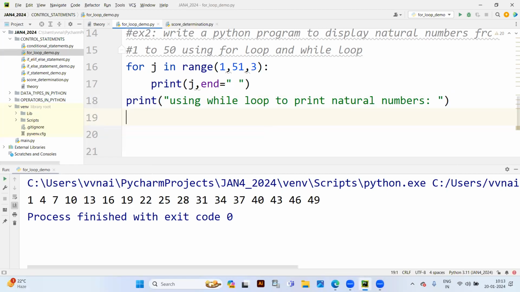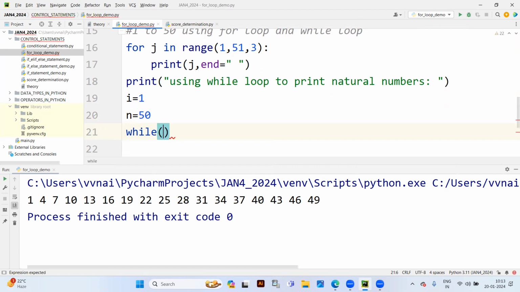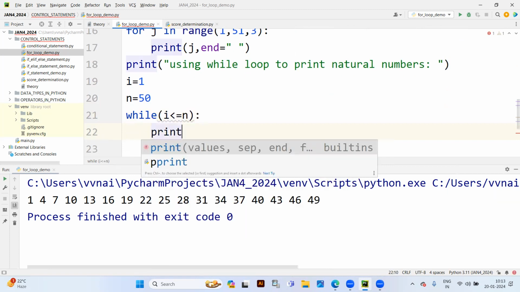So how do you write a program using a while loop? Compulsorily there is an iteration variable that should start with 1, and n is going to be the number of times. How many times do you want? Till what extent? Say, till 50. And while i is lesser than or equal to n: